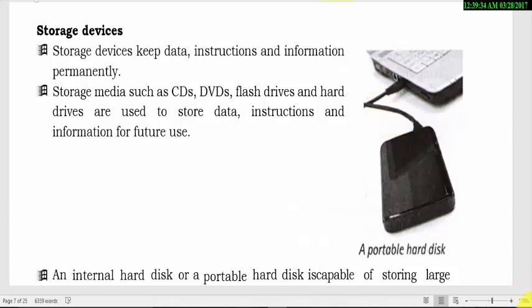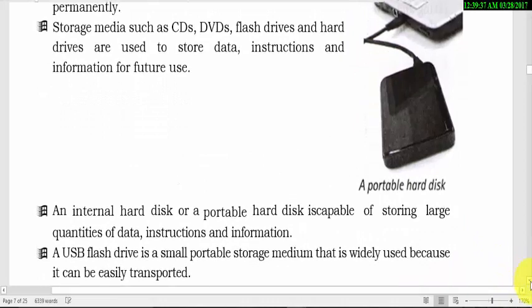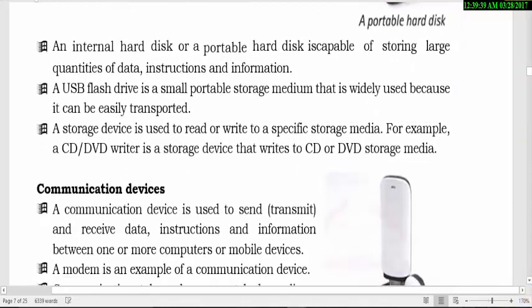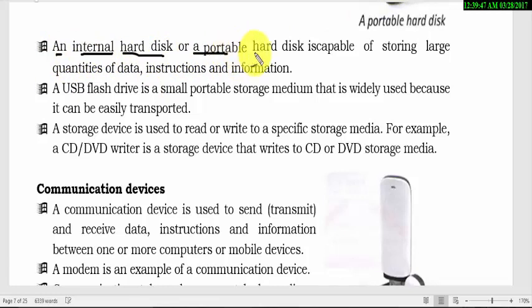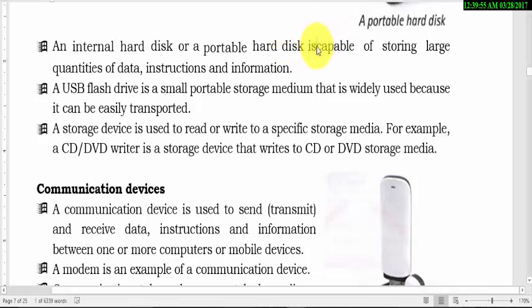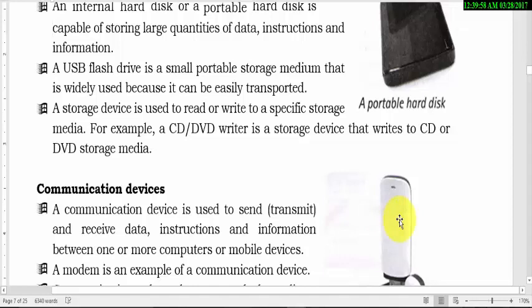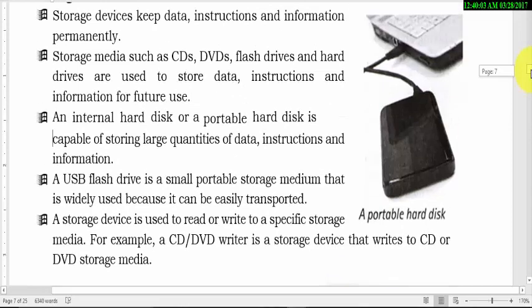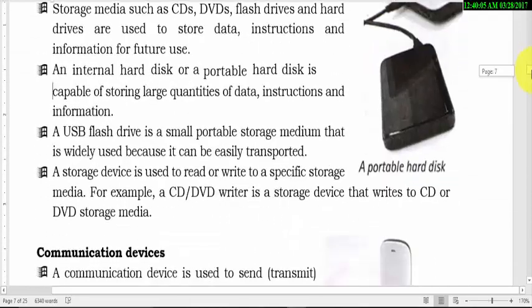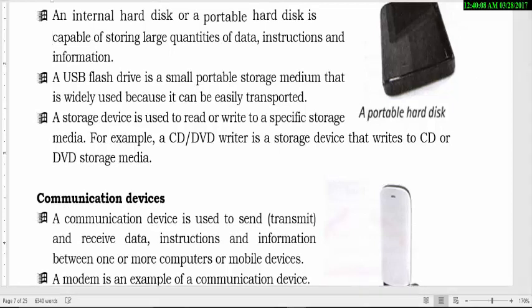Thank you very much. So now we look at the other part. Let me just get my pen. An internal hard drive or a portable hard disk. In this case, we can first control this work here. Let me move a bit like that. Storage devices. I was just trying to adjust one or two things there because it did not match well.